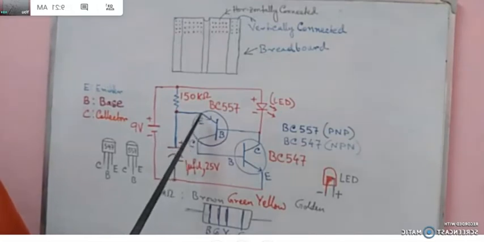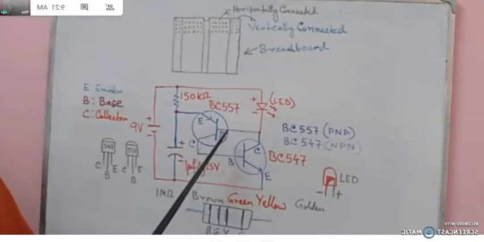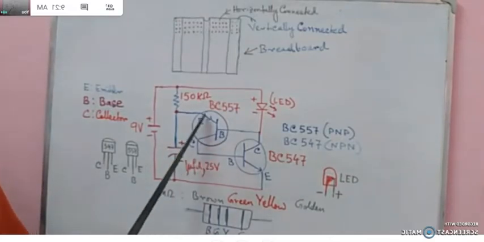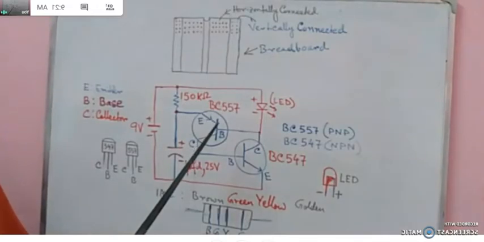You know, emitter, base, and collector. Emitter means the source. Collector means the current goes to the output; the collector collects the electrons and holes. Base is the intermediate terminal between emitter and collector. It is the theoretical part of the transistor.